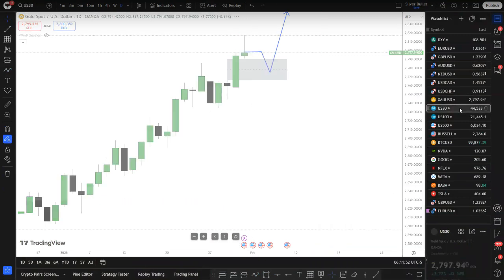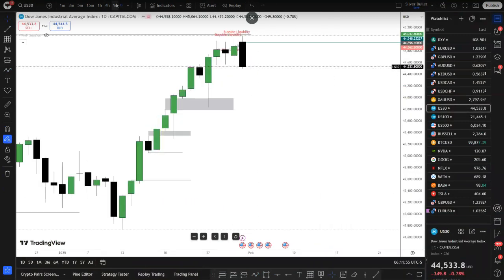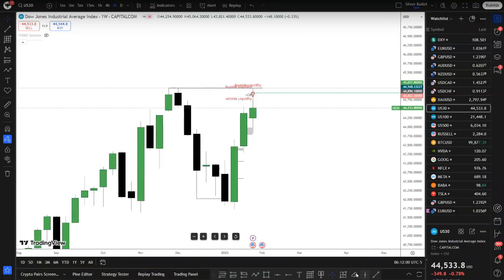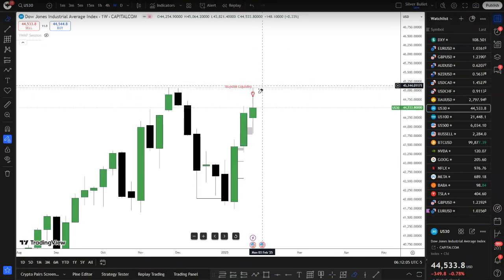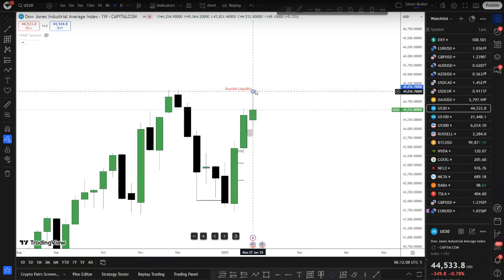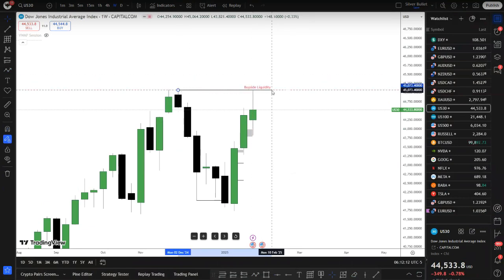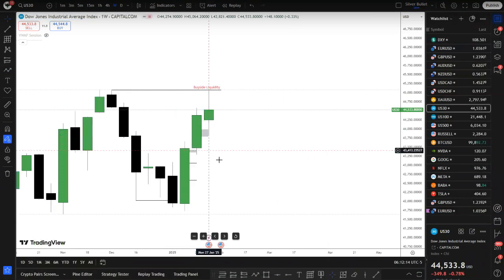Let's go down to the Dow, aka US30. The Dow, US30, is going to be the most obvious one, right? We did talk about this one with the group on Friday because we were trading live. And guys, I'm trying to keep most of my sessions private, by the way. Someone in the group said, bro, we paid, and then you keep doing live streams opening up to everyone, so there's no point in us being in the group. So yeah, we limit the number of sessions we do in the public group.